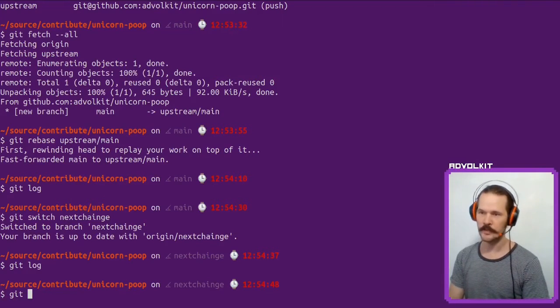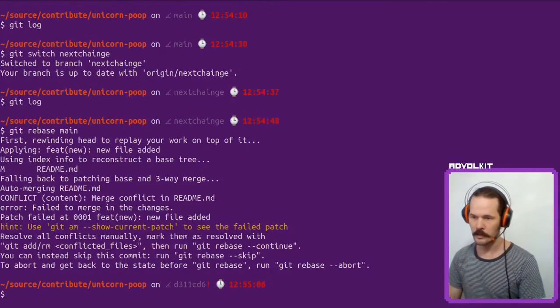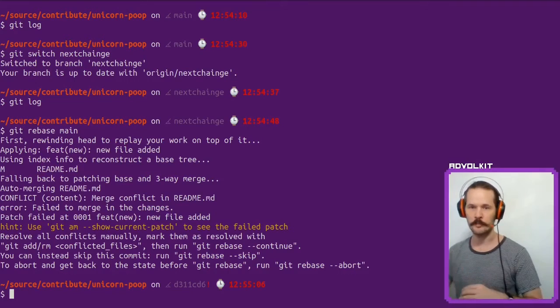But this is just like an extra step just to keep you organized. That way, next time you go to make a change, your main is already updated. So we want to go git rebase main. And then what it will do is remove our commit from the head and then try to play our changes